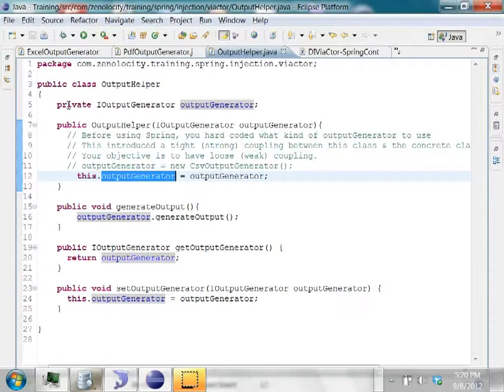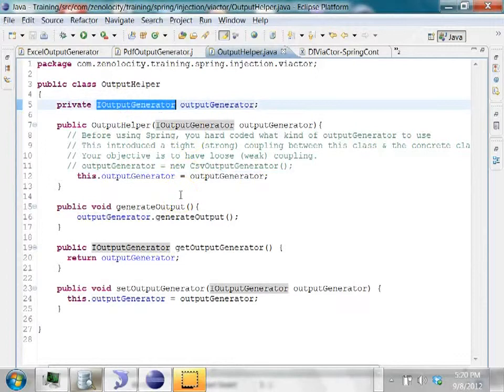So what you are doing here is making it as generic as possible. The iOutputGenerator interface is basically like a placeholder. It can be pointing to the PDF output generator or the Excel output generator depending upon how it is configured in the Spring configuration file.